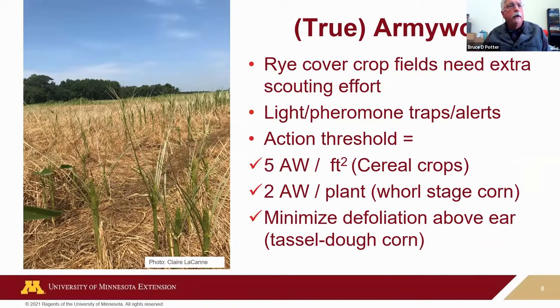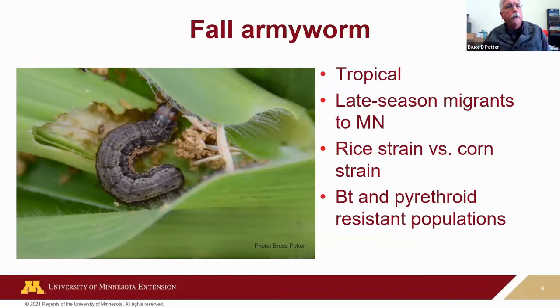One of the things we're worried about is that we're starting to see more cover crops, and especially with armyworms, rye cover crops seem to be a pretty good magnet for egg laying. And this year we had a few issues with fall armyworm as well. They usually get here, if they get here, real late, and we haven't had many economic issues. We did have some this year just because those fall armyworm populations through the eastern U.S. were very high. We got some into very late August and September, and we did have some issues in corn, but it was primarily where, again, we had weedy cornfields.